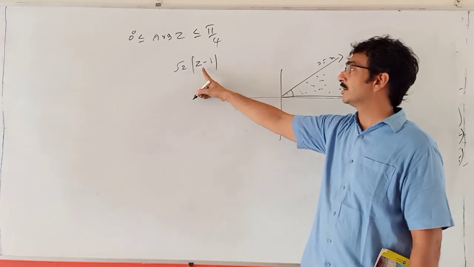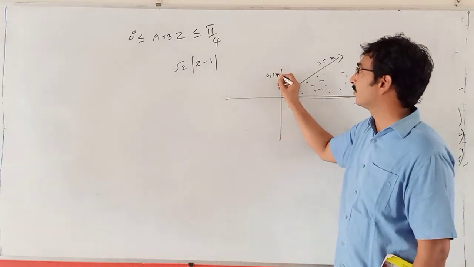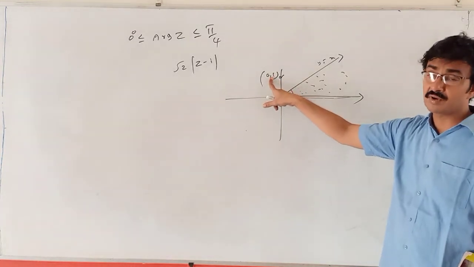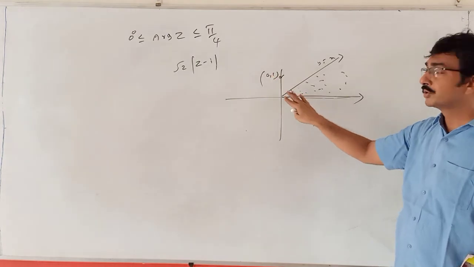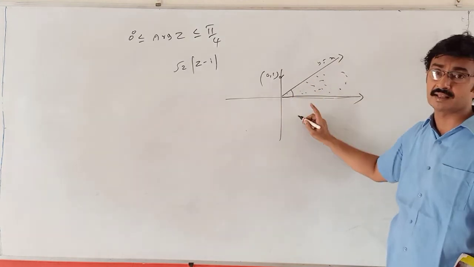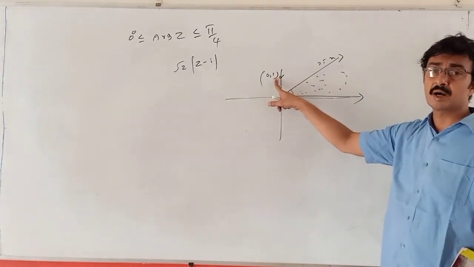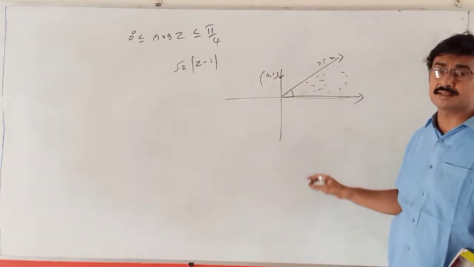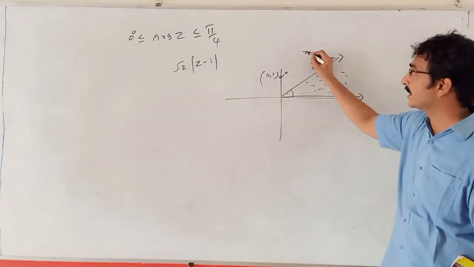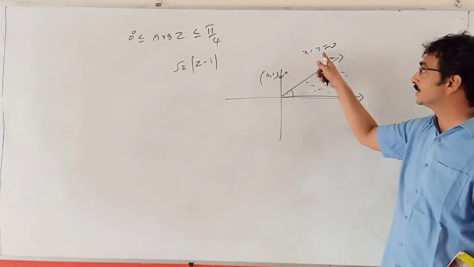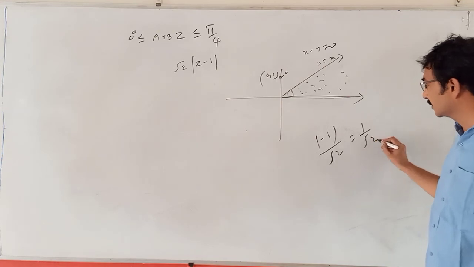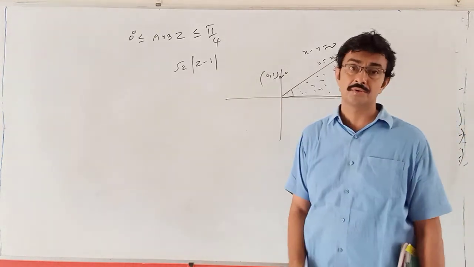Now what is required? The least distance from z to the point 0, 1. Clearly the least distance from 0, 1 to the set of infinite number of points is the nearest, from y equal x. So the least distance from 0, 1 to that set of points is nothing but the least distance from 0, 1 to the line x minus y equal to 0. Using the formula for distance from a point to the line, modulus of minus 1 by root 2. Therefore 1 by root 2. So required 1 by root 2 into root 2 is 1.